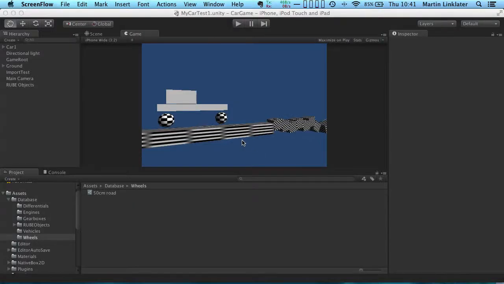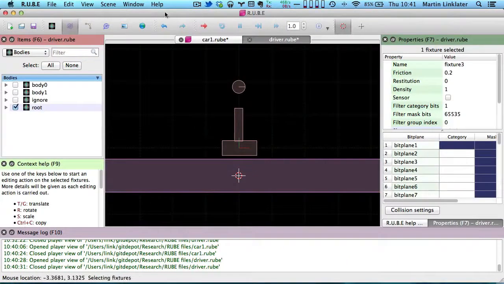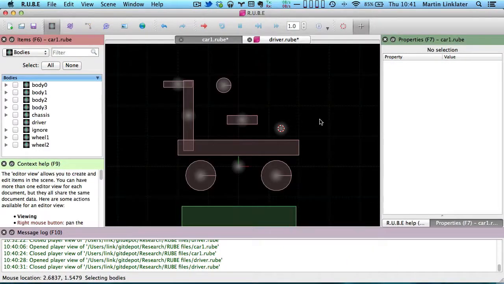Right, for this week's diary, I'll show you what I've been doing with the game so far. So I've been expanding my importer, which imports Rube objects into Unity. So you can see